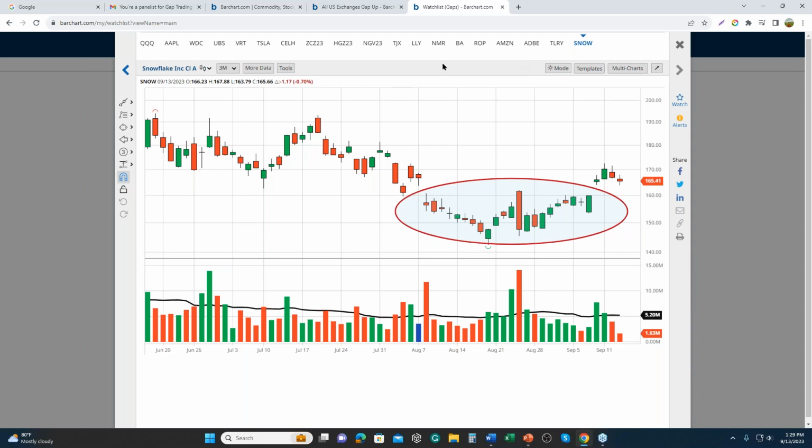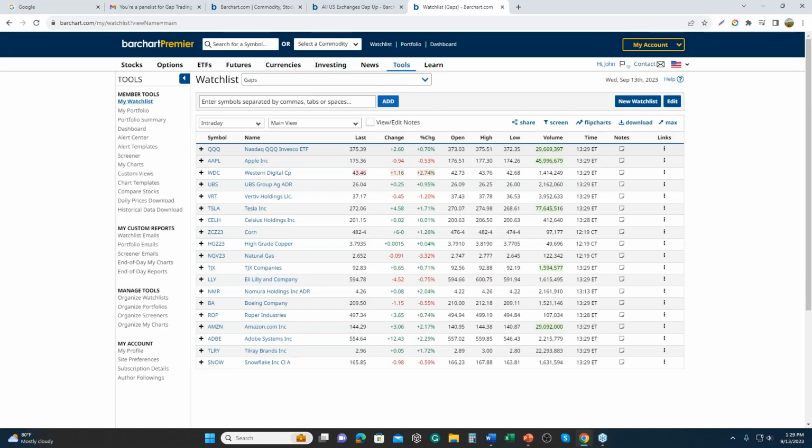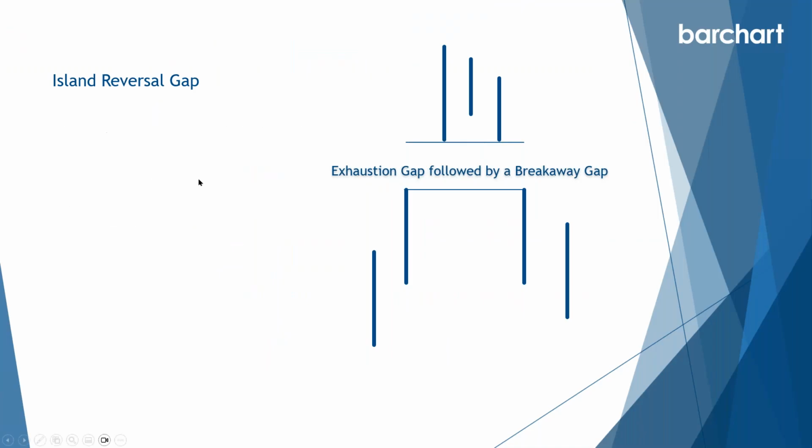So that's a little tip for you, especially when we're going through this demonstration. You might say, oh, well, there's no volume there. Well, that would be one of the reasons why, okay? And I'm going to show you that again in a little bit. All right, so I've demonstrated to you a lot of different types of gaps. And what I want to do now is let's revisit